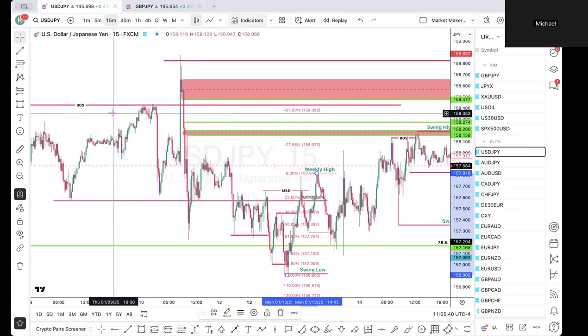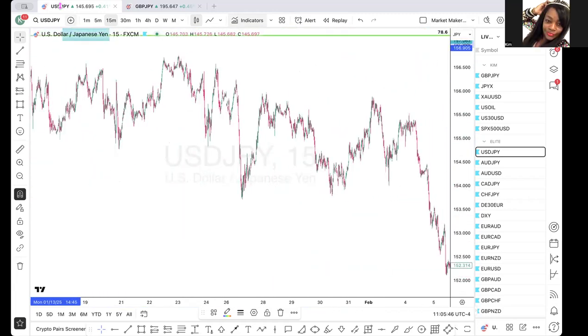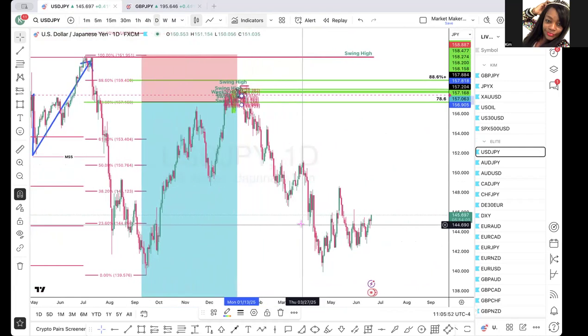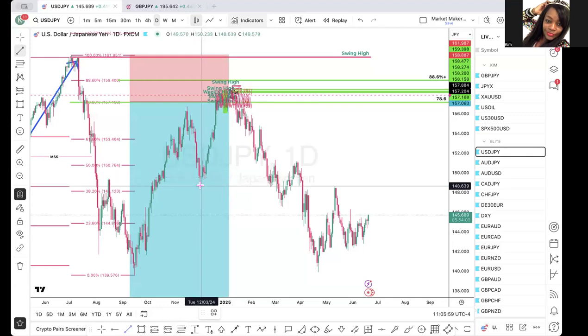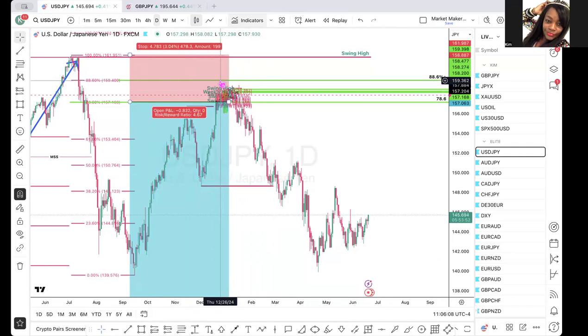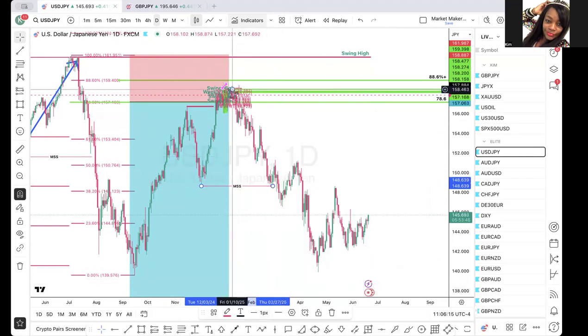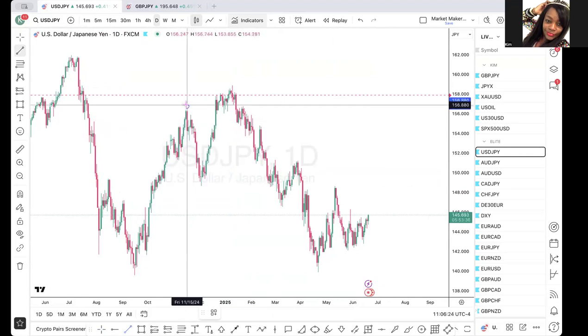Any questions on this one? Let's go back to the daily. Now that I will say this, and I think I might have said this already, now that we have a market structure shift, okay? So there was a break of structure, right? And then we had this market structure shift based on the daily. Wait a minute, let me delete all that. So now that we had a break of structure,